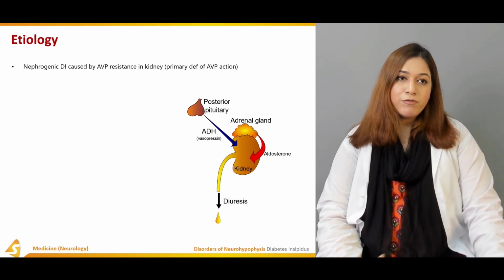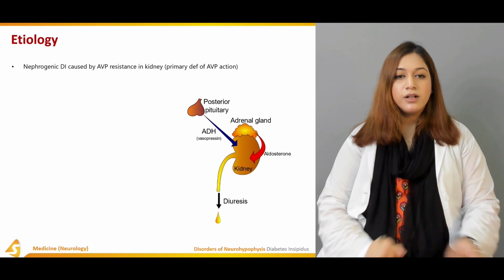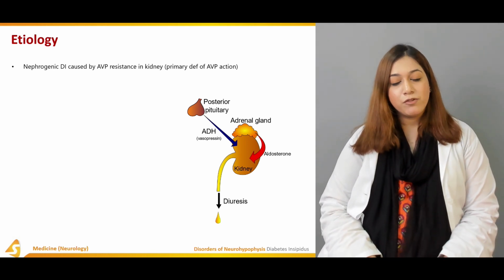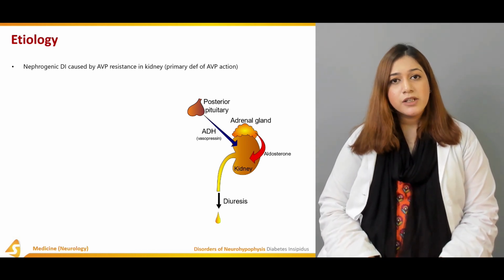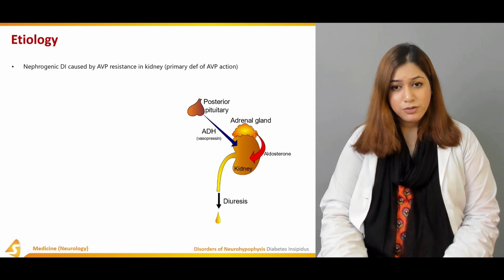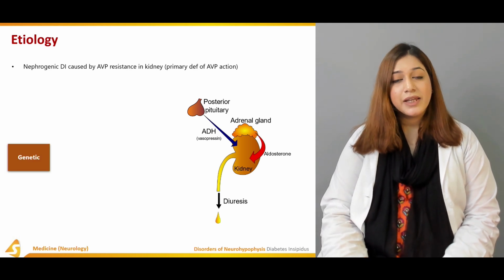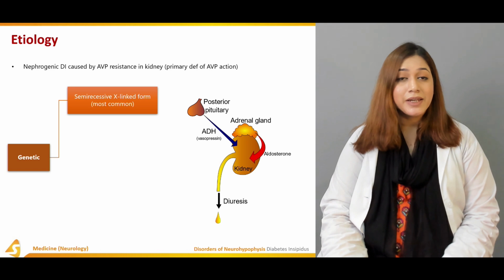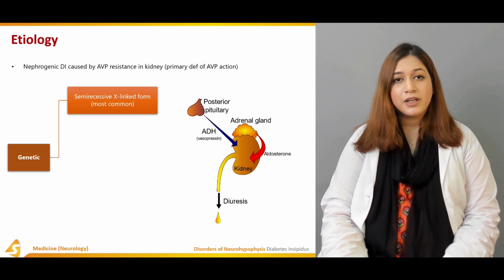Moving on to nephrogenic diabetes insipidus. If we talk about the etiology of nephrogenic diabetes insipidus, it is caused by AVP resistance in the kidney, the primary deficiency of AVP action. It can be genetic, it can be acquired, and it can be due to certain congenital malformations. The genetic causes are